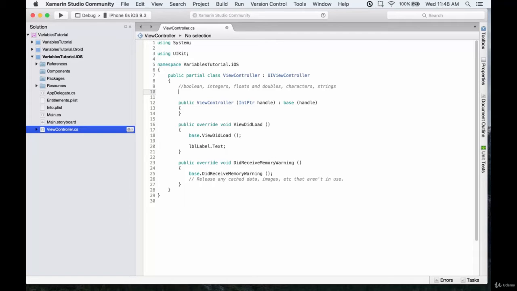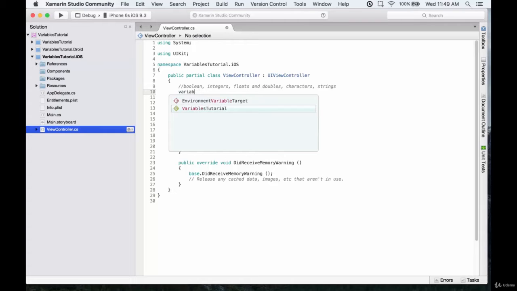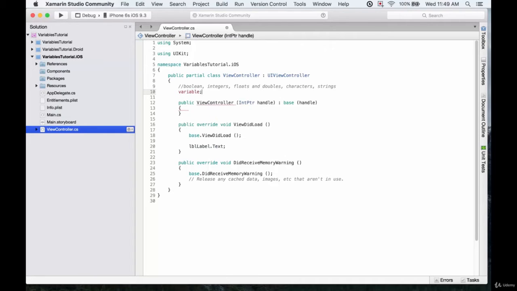So there are 2 steps to what we call variable assignment. There is the declaration and then the initialization. A declaration is just typing out the name and then giving it a type. So let's just say we have a variable. We're just going to call it variable. All this is doing is assigning a name, and now we have to give it a type. For example, if we want a Boolean variable, it's bool. If we want an integer variable, it would be int. Floats and doubles, float, double,